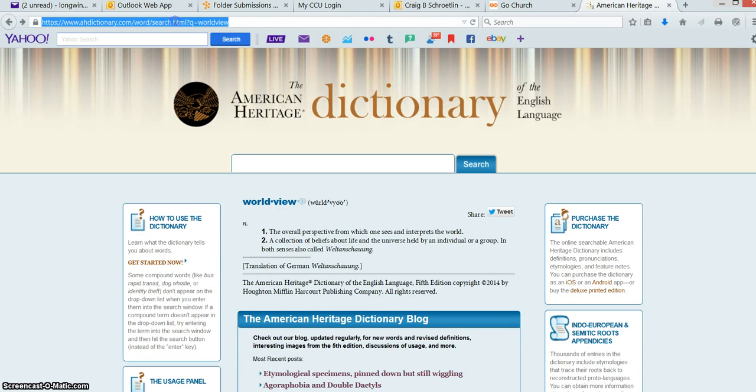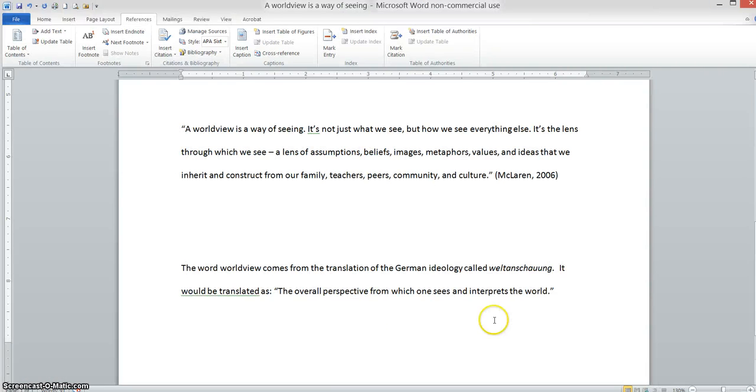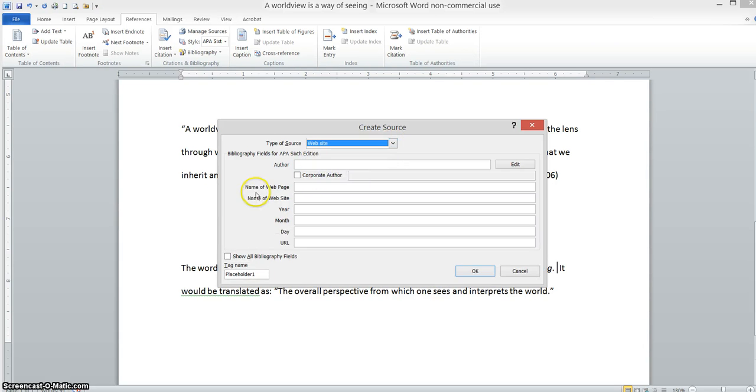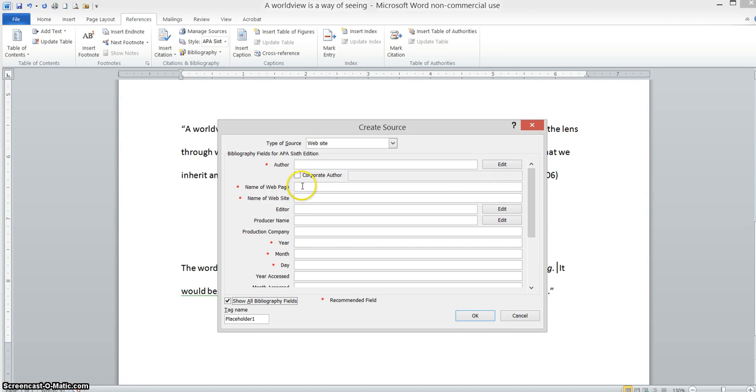Okay, we also are going to go up here and I'm going to click on this and I'm going to make a copy, because this is the exact page that this information came from. That sounds good. Okay, so now I'm going to go up here. I'm going to insert my citation. Notice that McLaren is already stored, so I'm going to add a new source. And my new source is coming from a web page or a website. Okay, I don't know the author. Well, I'm going to click on my bibliography down here. I don't know the author, but I know that the name of the web page is